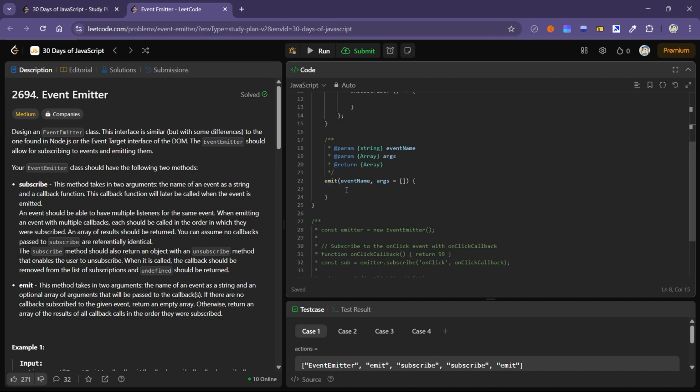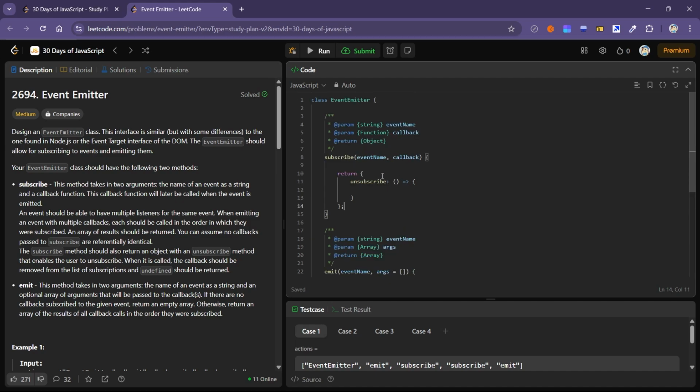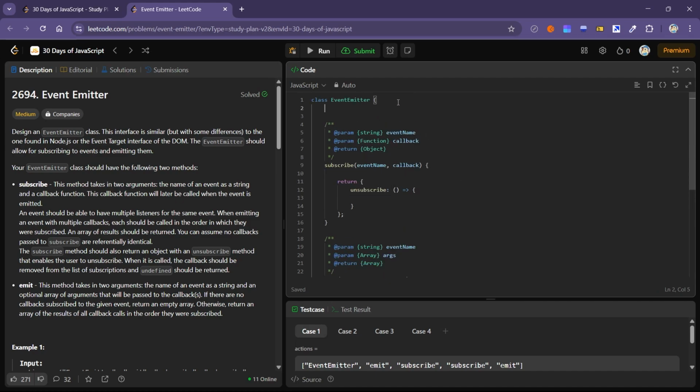Okay, now the other one is the emit method. So whenever this event is emitted, we have to call all the callbacks that are registered on this event name, and we have to pass these args to all the callbacks that were registered on this event name, and we have to return the response. Okay, so to store these events and their callbacks, we'll have to create a subscriptions array. So we'll use the constructor,